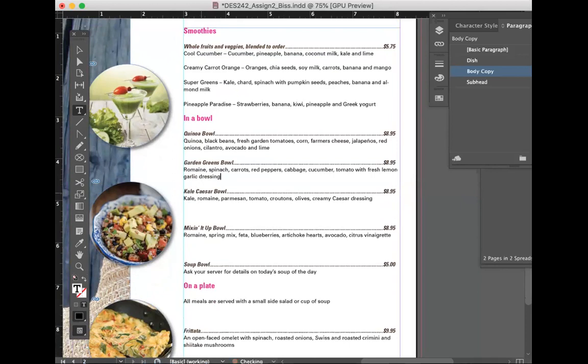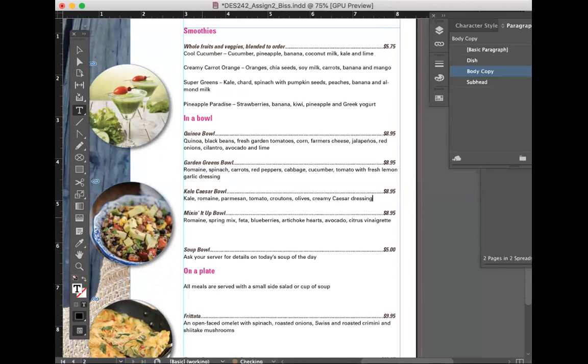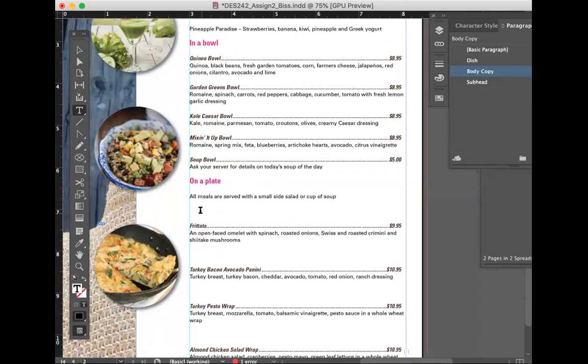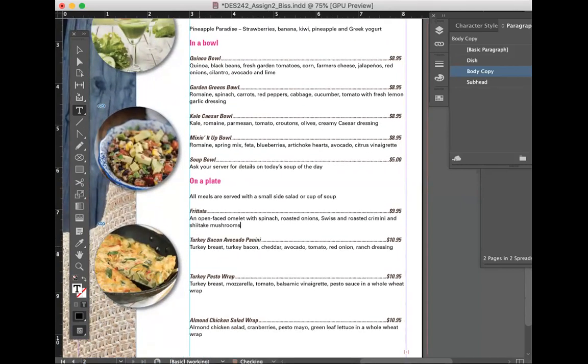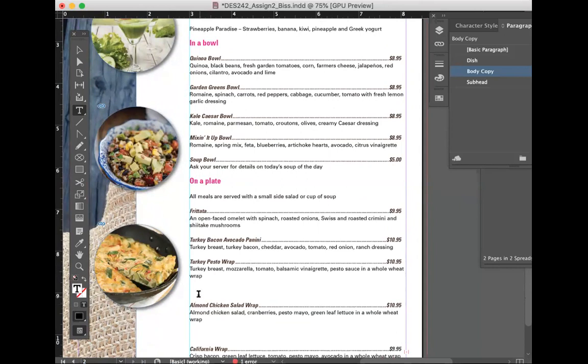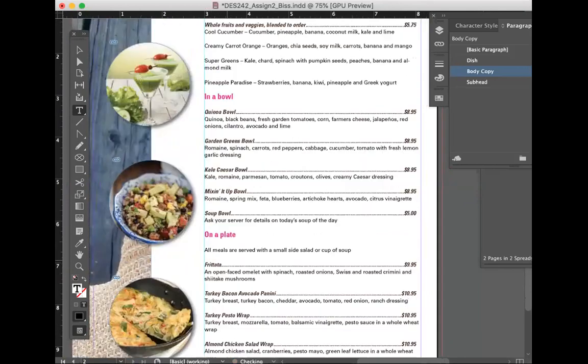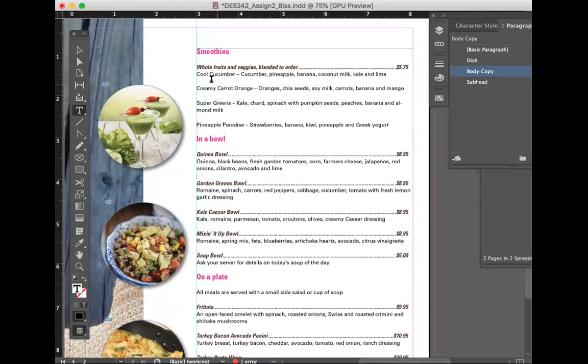So I would need to go in here and actually change that. Just kind of delete those spaces out of here. That's kind of the only confusing part of this, is the hard returns can be a little tricky because it's affecting other things here.